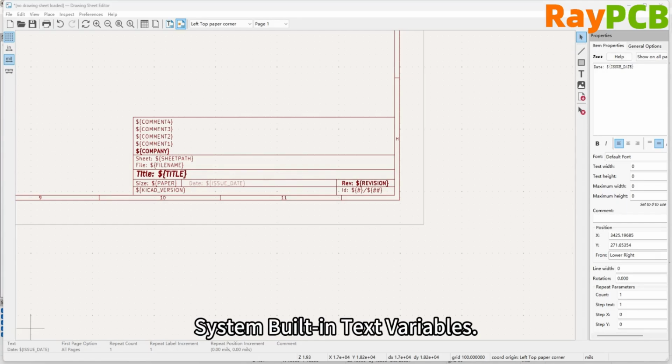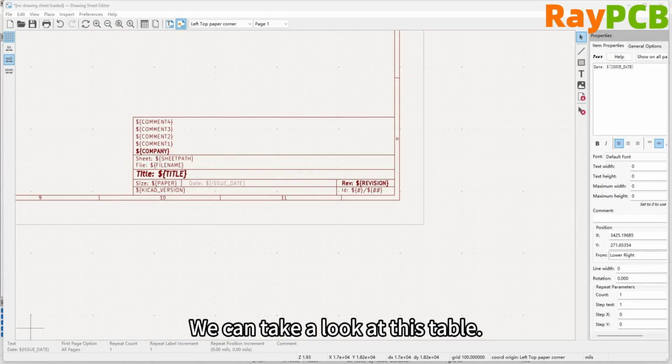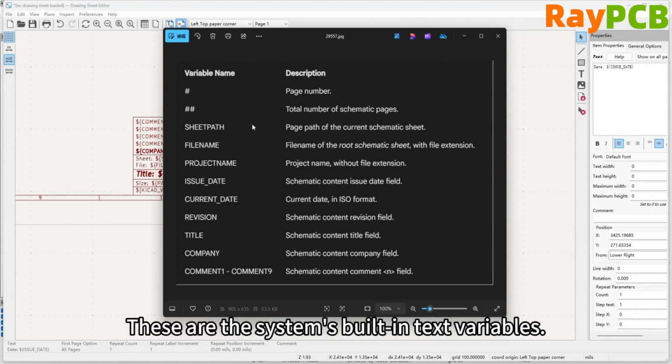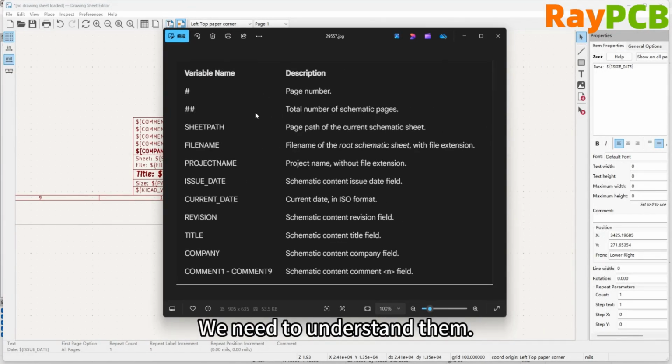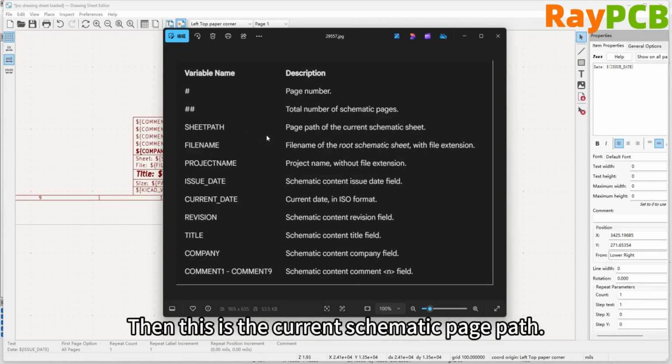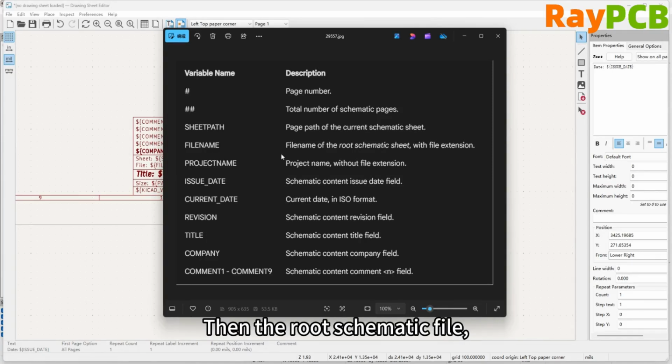As for the system's built-in text variables, we can take a look. This table here shows the system's built-in text variables. We need to understand that a single hash symbol represents the page number, while two hash symbols represent the total number of schematic pages. Then, this one is the current schematic page path, followed by the schematic file name, including its extension,